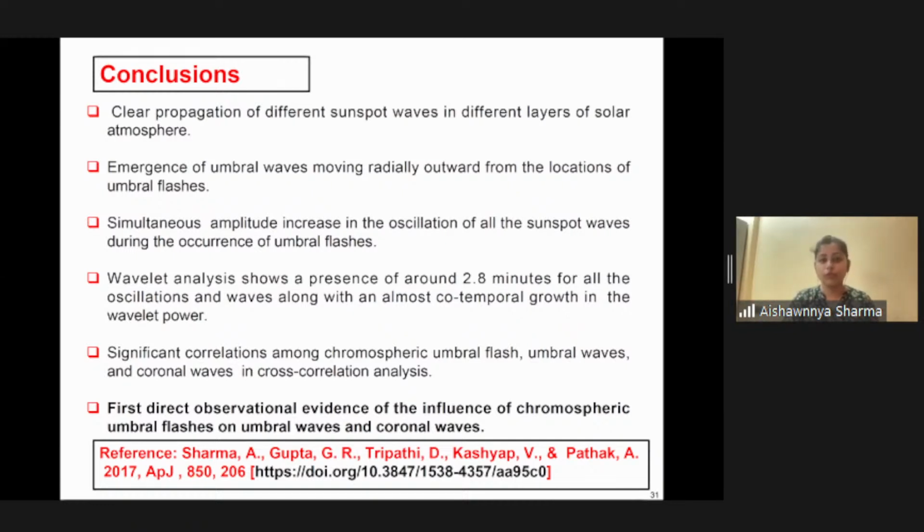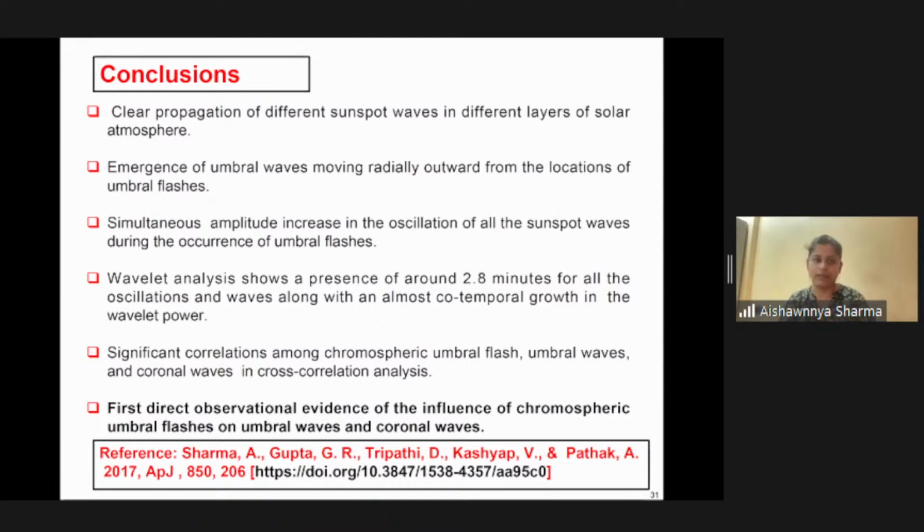To verify, we have done wavelet analysis, which gives frequency versus time information, and we have found an almost simultaneous increase in the 2.8 minute oscillations